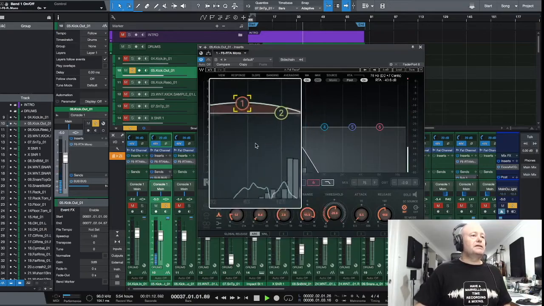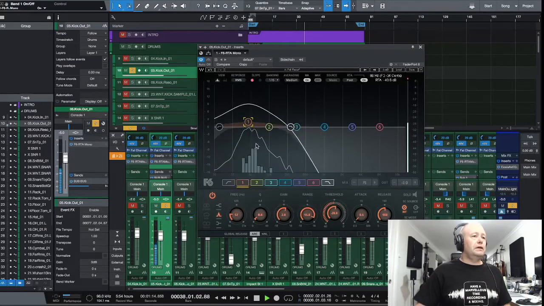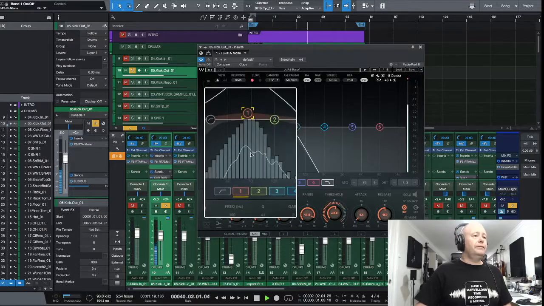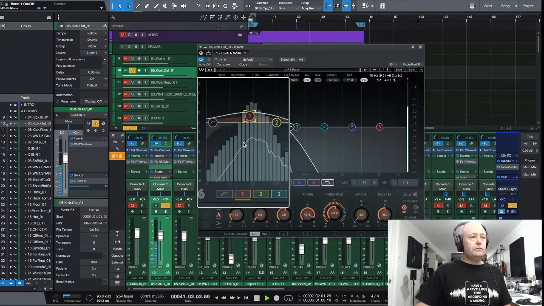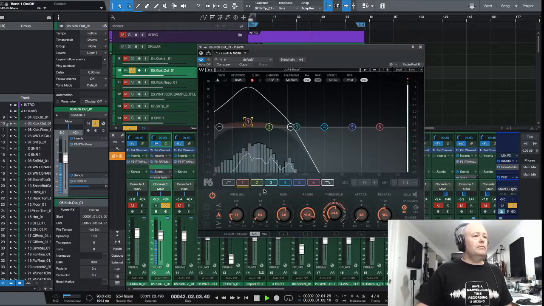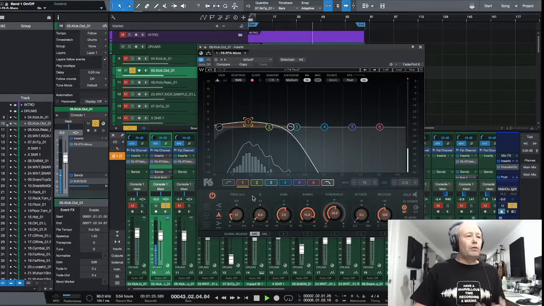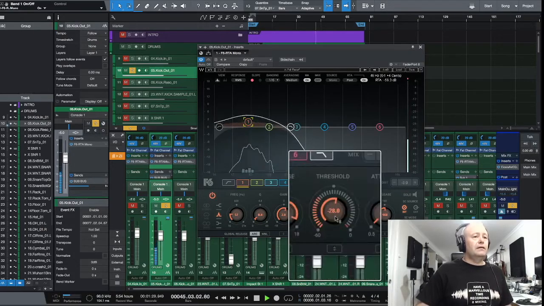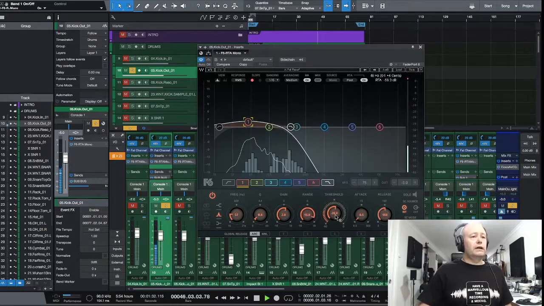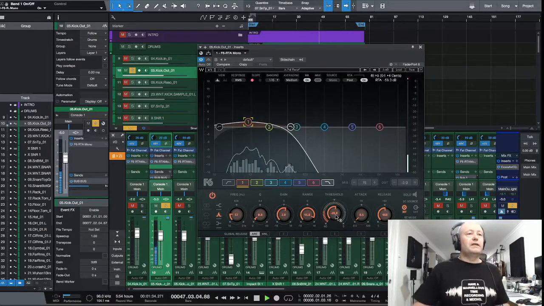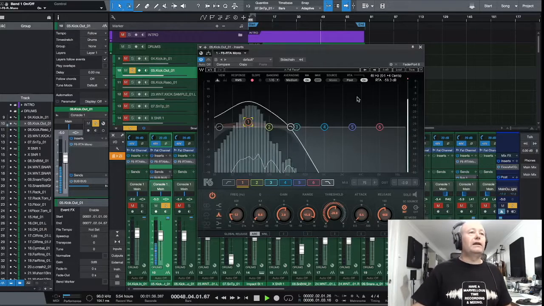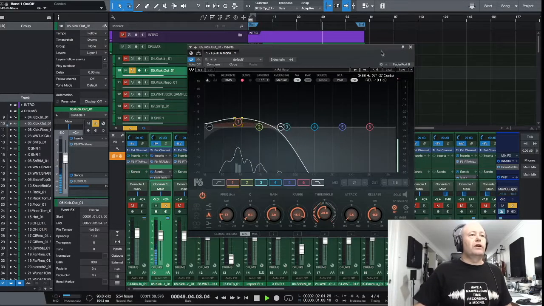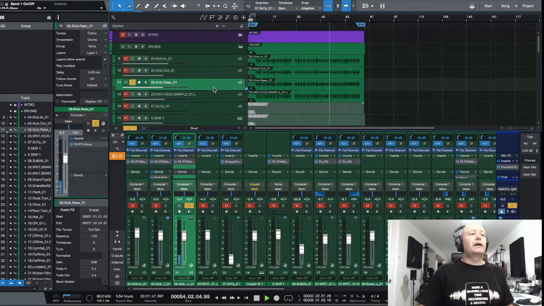And you can actually see on the display there, it's pulling up in this area here. It's pulling that bottom up in that area there. So you can see the threshold working there. This plugin is really, really cool. I like it a lot. And as you'll notice, the F6 is everywhere on this. And the resonant head,